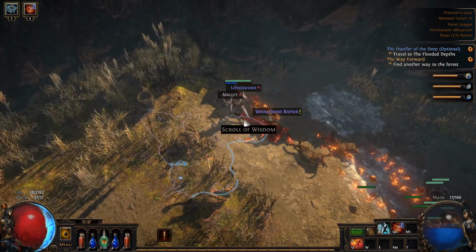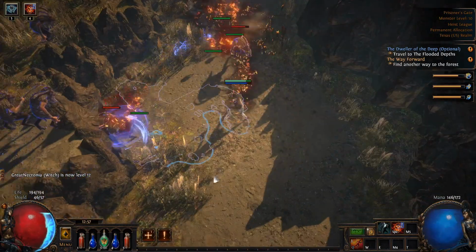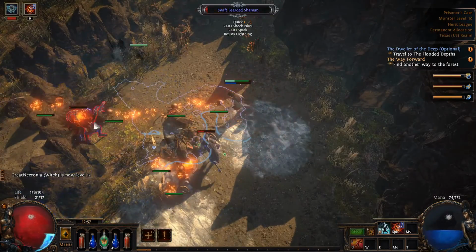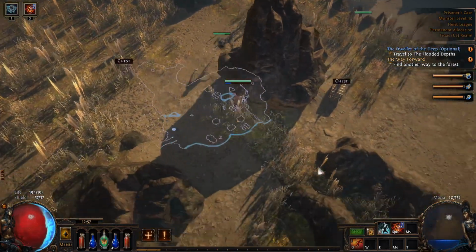Take this Scroll of Wisdom. Let our minions go clear the map in front of us a little bit. The other cool thing about this is now we're doing multiple elemental types of damage. So eventually we take a passive skill point that allows us to...